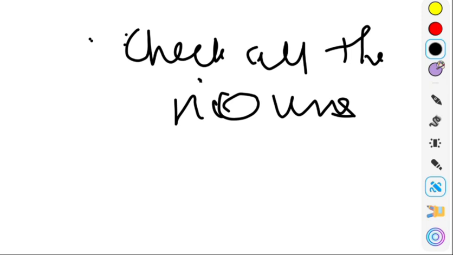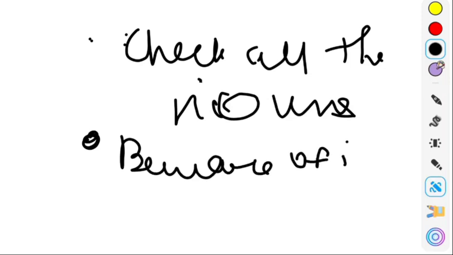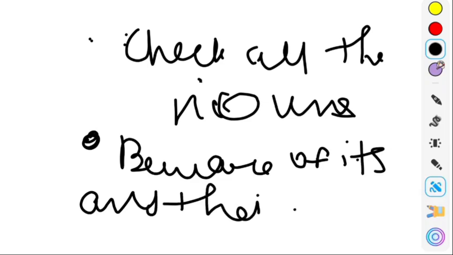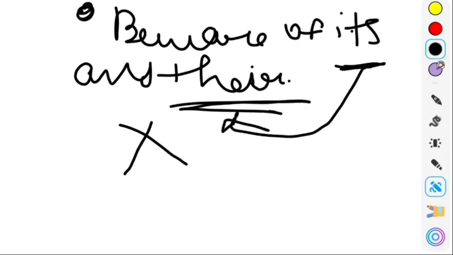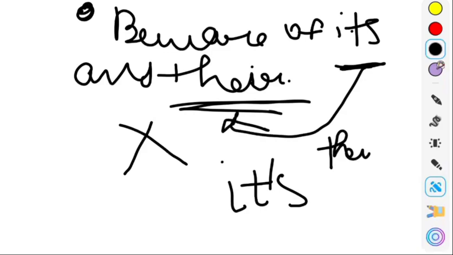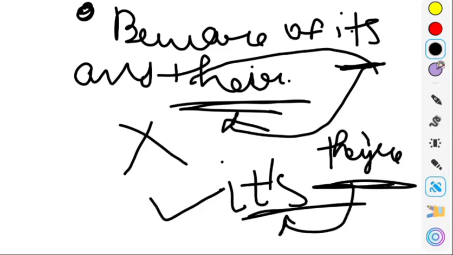Now be aware of its and their. Okay, this is important, please note. Be aware of its and their. Let me write it for you here. Its and their do not require an apostrophe, but if we talk about this it's, it does require an apostrophe. And if I talk about they're, it too requires an apostrophe. Both of these require an apostrophe, but this one does not require